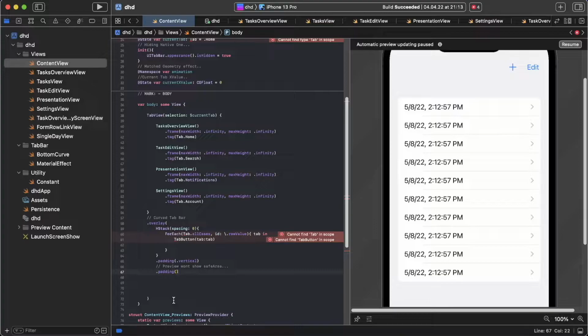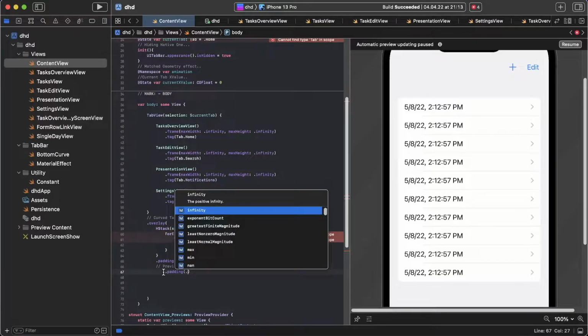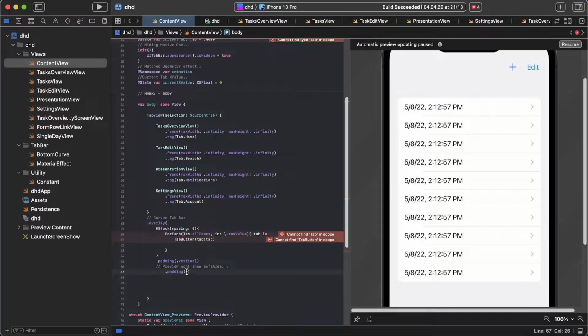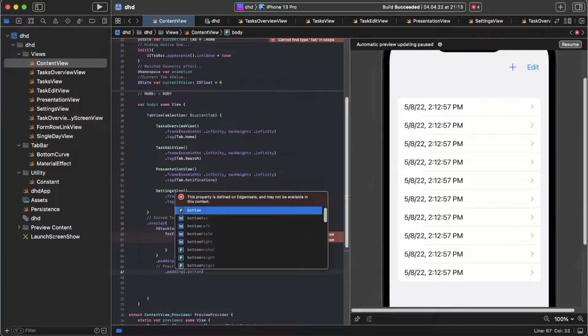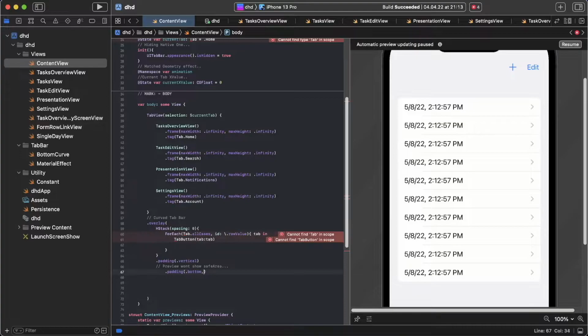But we will fix it later and then see where the mistake is actually. Bottom, comma, get safe area, open brackets, close brackets, dot bottom